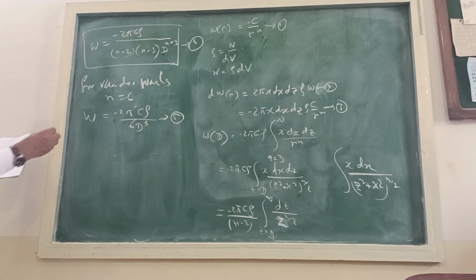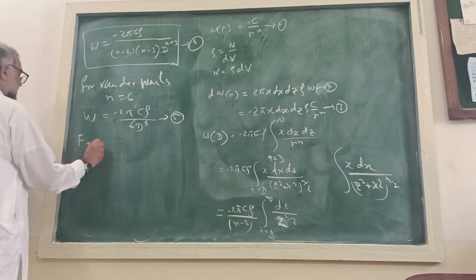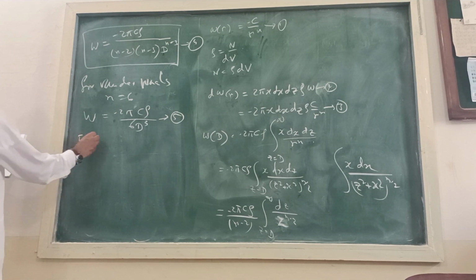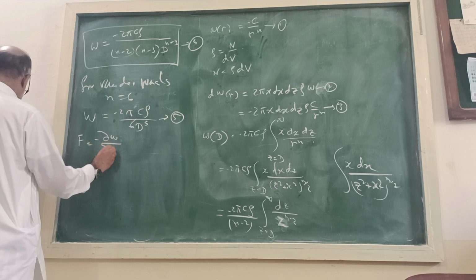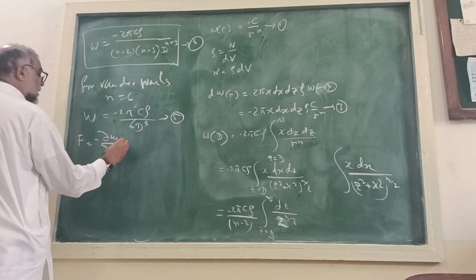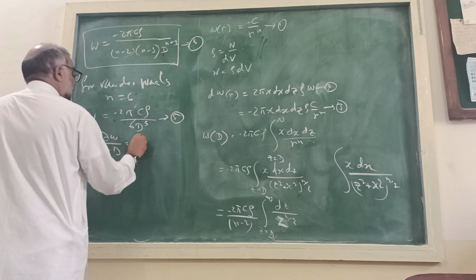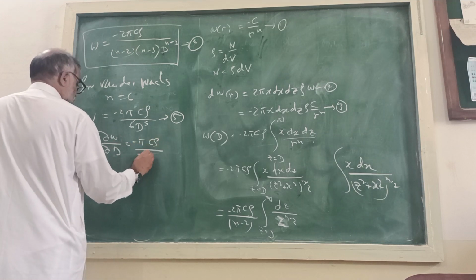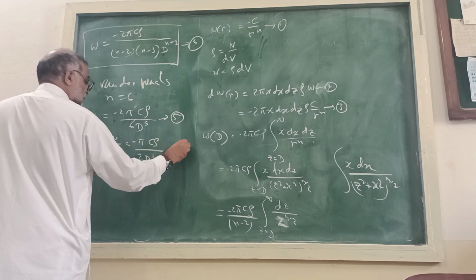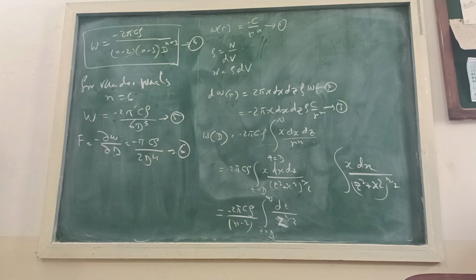Okay, a force from here, right? So, minus W by G, minus 5C rho over 2D to the power 4. So, the force between M R equal